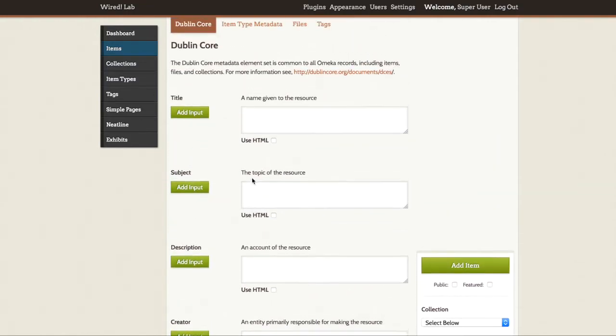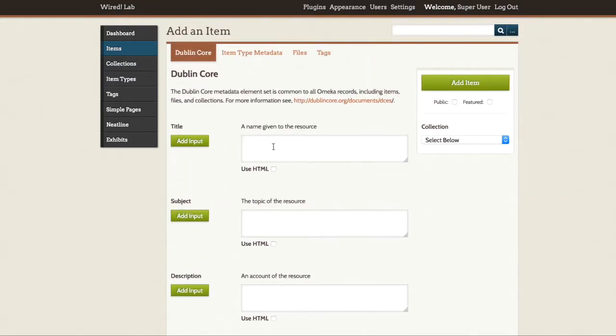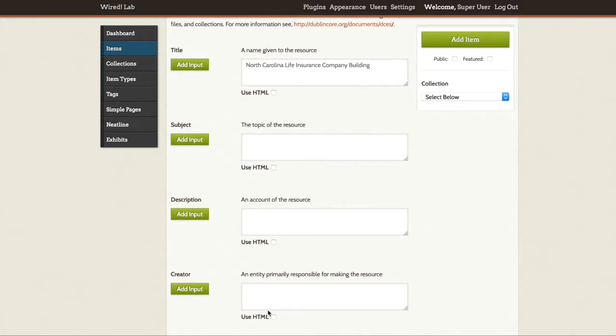In this example, I am going to add an item for the North Carolina Mutual Life Insurance Company building. So to give it a title, the building name, then I might provide a description about the building. A good best practice is to list all of the information for each of